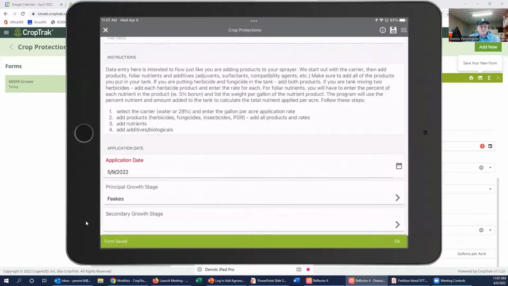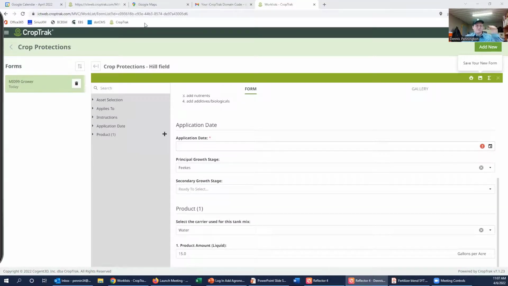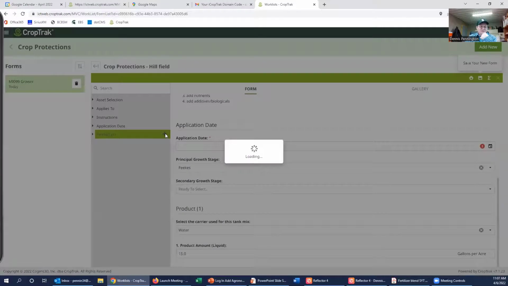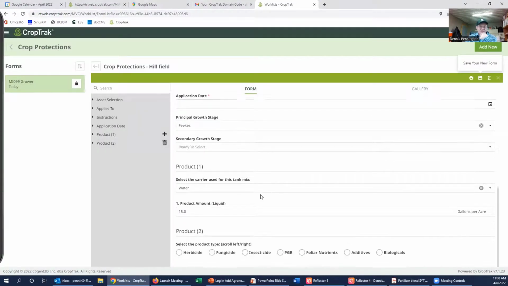Okay, and it said form saved at the bottom. So that's what it looks like on the app. It's similar here, except instead of having the green button at the bottom to add product, you hit the plus here to add products. And so you just keep on adding products, so product 1 is always going to be